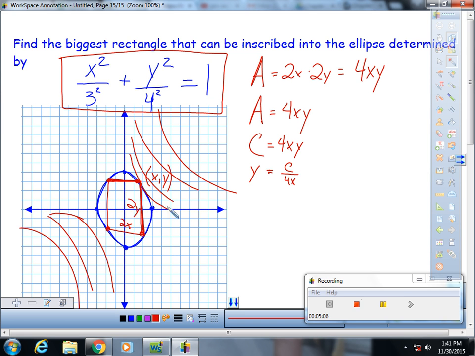Okay? You can think about these level curves as if you called this function f of x comma y equals 4xy. Now that thing is a surface, okay? And its level curves would look like hyperbolas. Does that make sense so far? Well, how would we know when the two surfaces were tangent to each other? That would happen